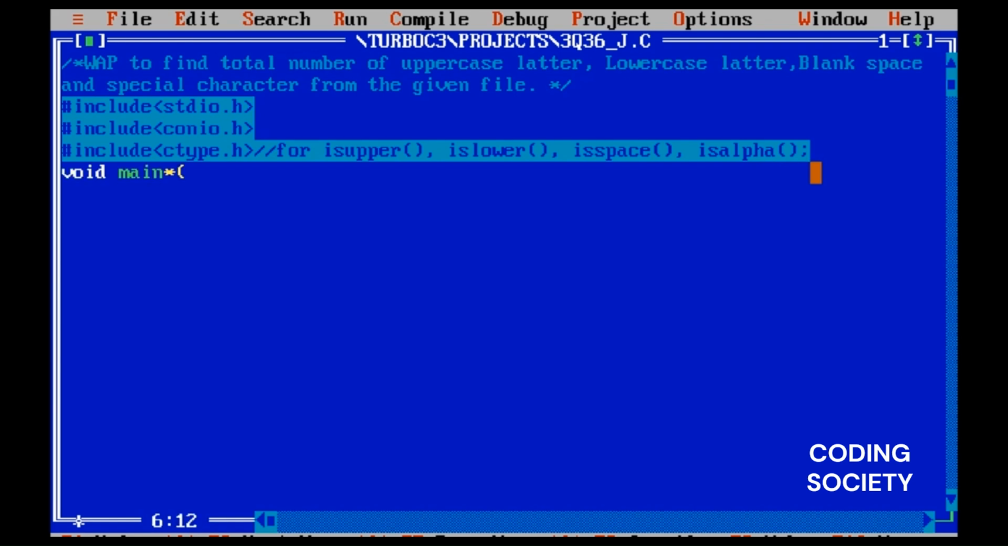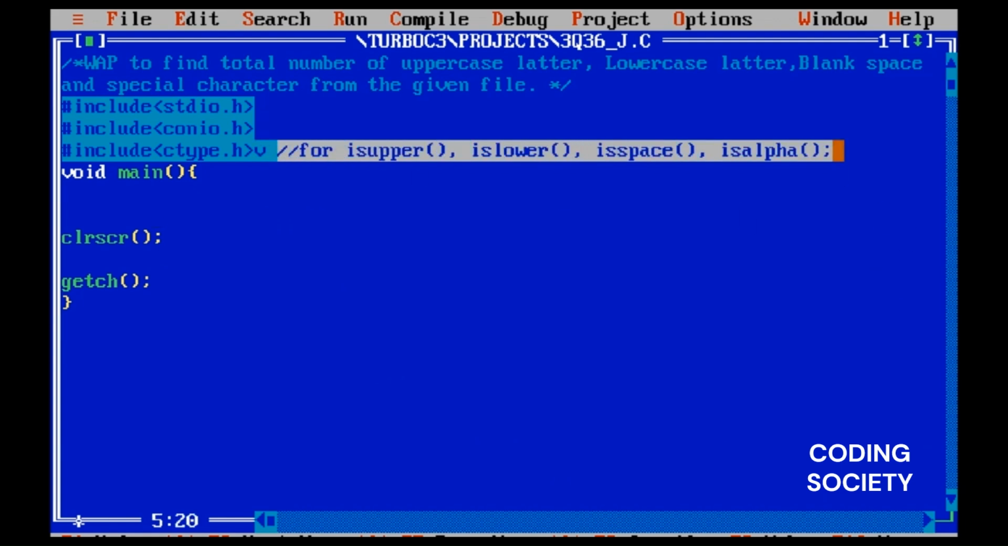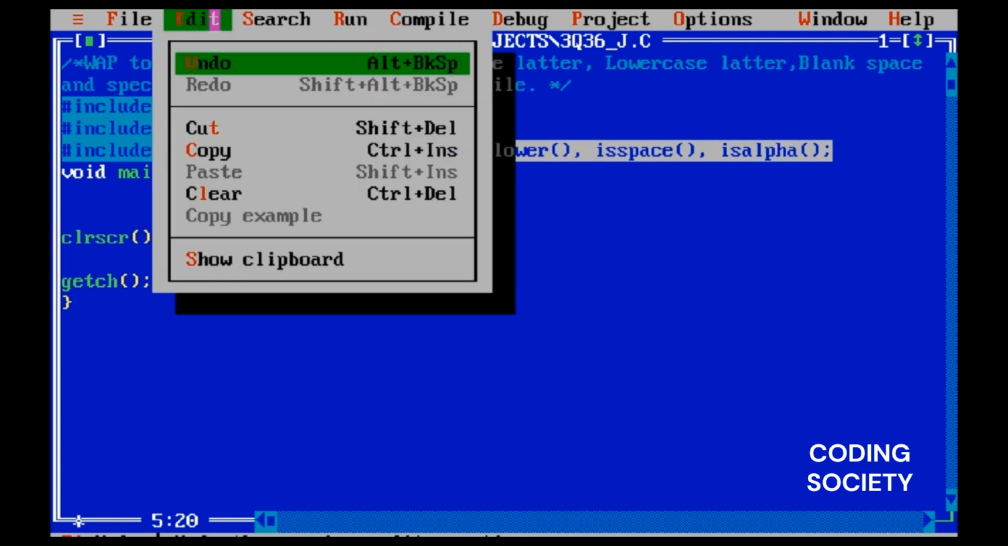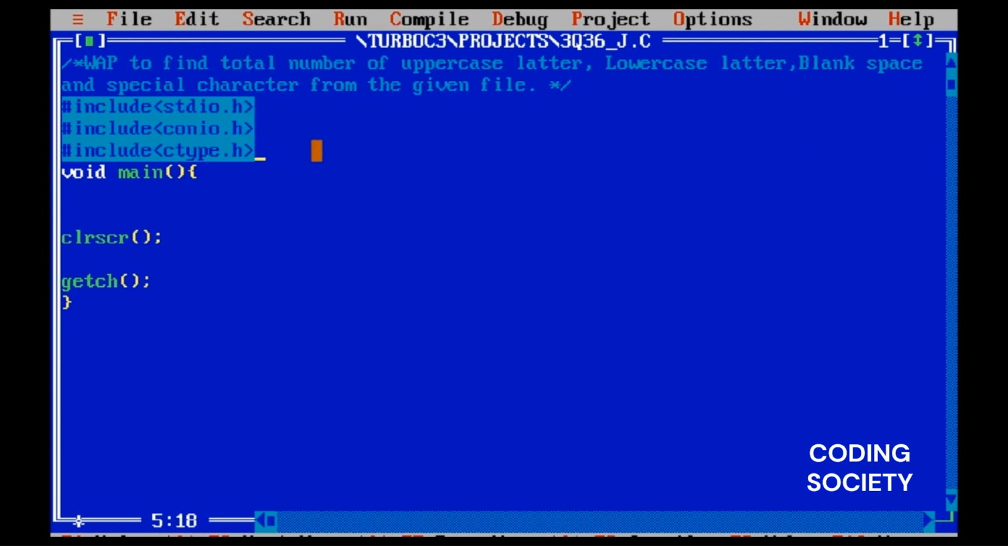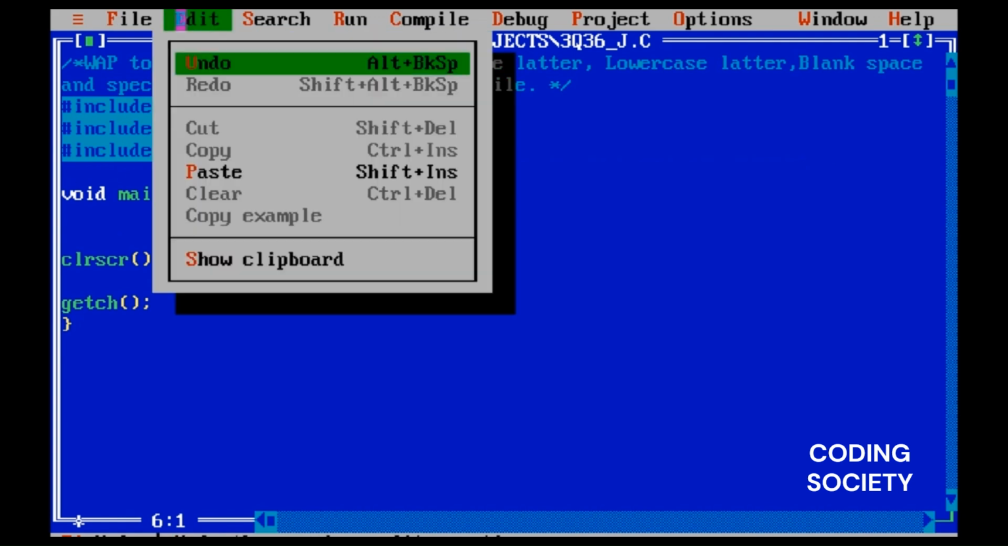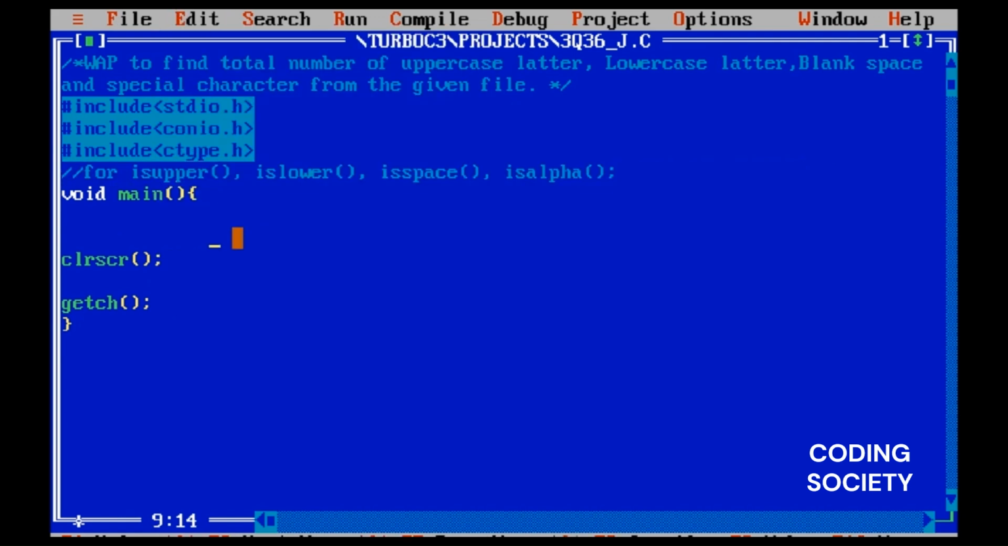Void main, clrscr and getch. Let's put it here downside. First we are going to